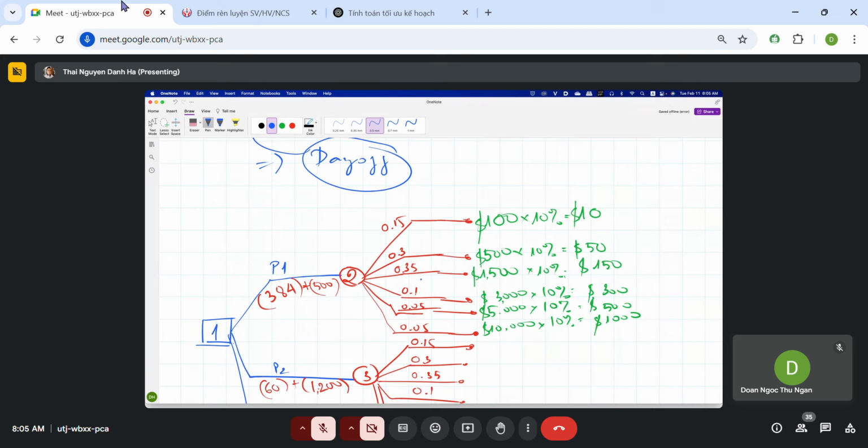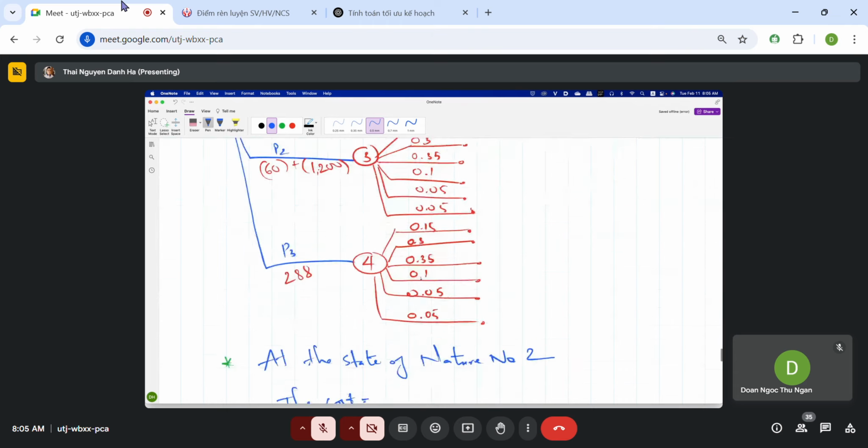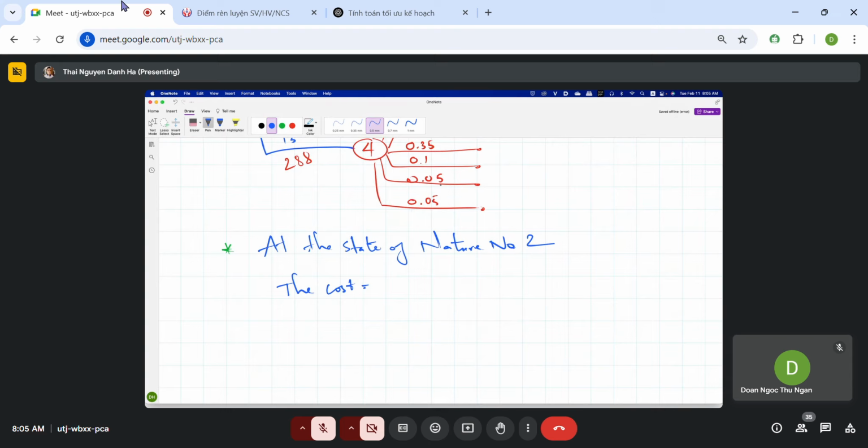Okay, I need the calculator. 10 US dollar multiplied by 0.15, and 50 multiplied by 0.3, and 150 multiplied by 0.35, and 300 multiplied by 0.1, and the cost we need to pay for